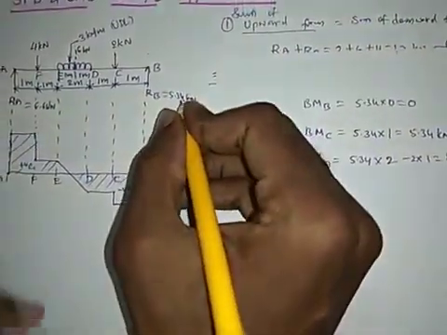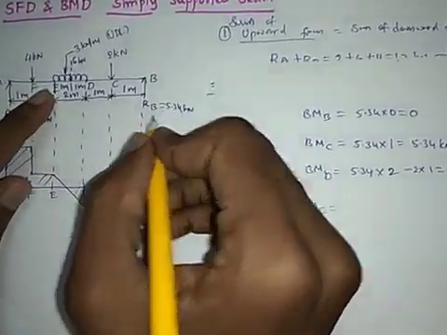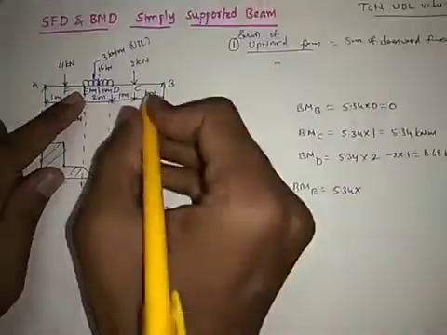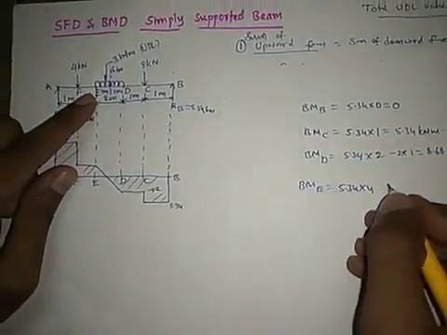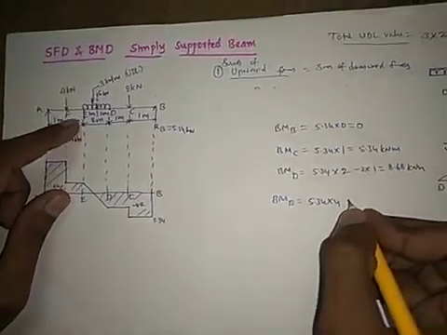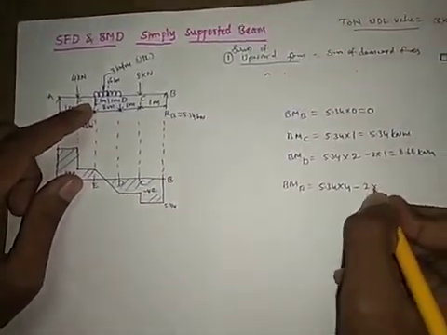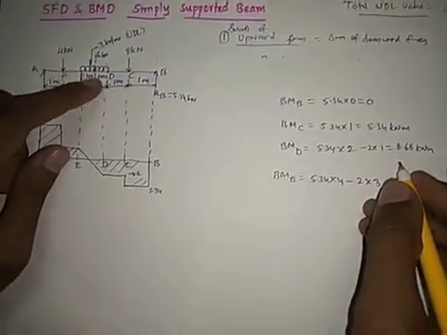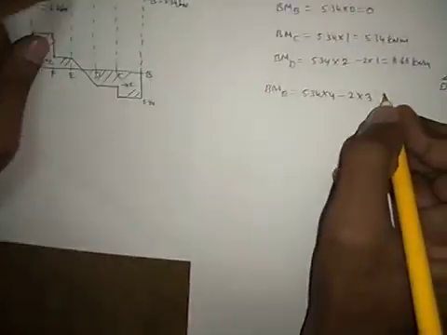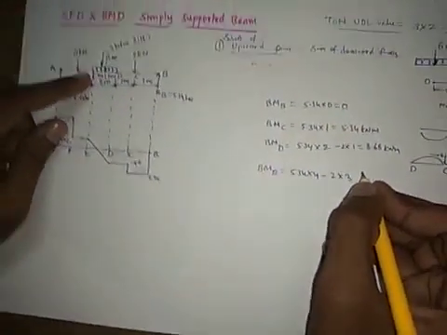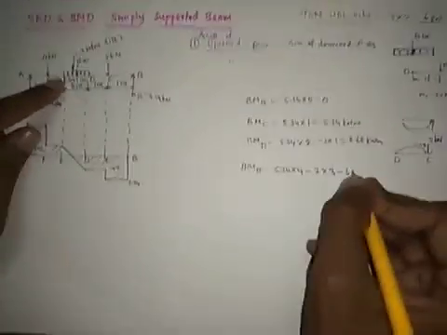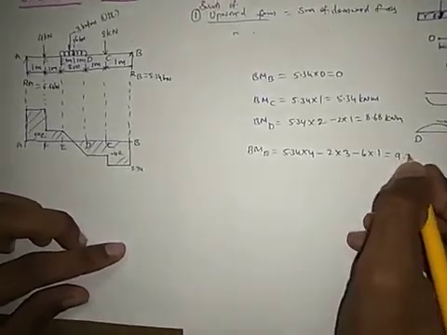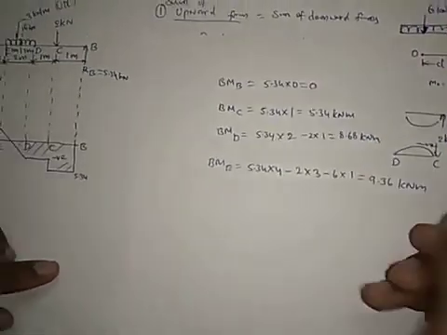So this 5.34 is acting here, and we require it at E. This also creates positive, so plus 5.34, and 2 plus 2 is 4. Next, 2 kilonewtons will create hogging, so that is negative. 2 into distance 1 plus 2 is 3. Next, this UDL we have replaced as a point load, that is 6 kilonewtons. This also creates hogging about E, so it is minus 6 into 1, and if you do this, you will get a value of 9.36 kilonewton meter.